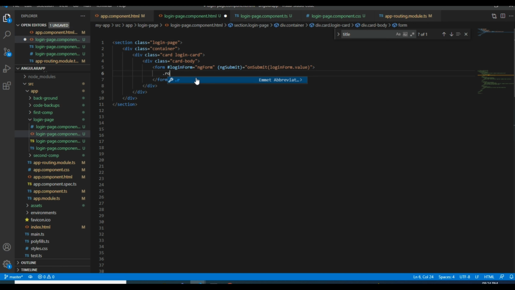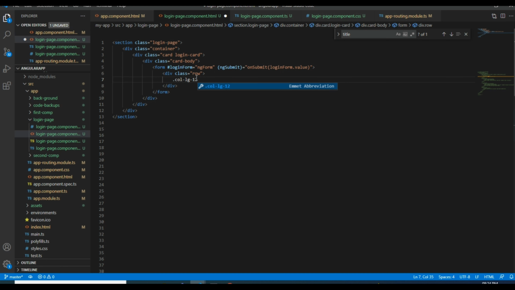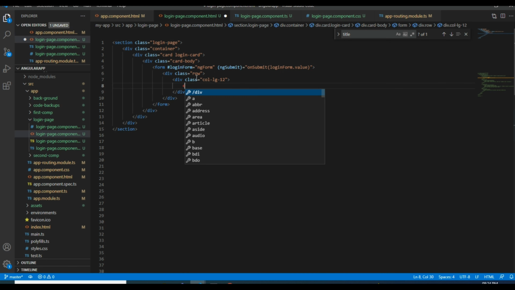Coming here, dot row, dot col-ng-12. An h2 is enough. I think we should give it as Coding Wall here, and I will give some class to this and place it in the middle.